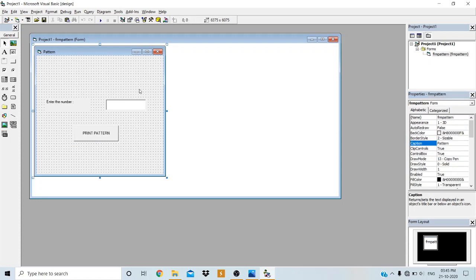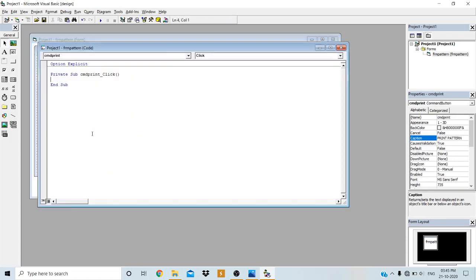Now after changing the properties, we have to write the code for the respective objects. On click of the command button, the particular operation has to be performed, so we have to write the code for the command button click event procedure. Double click on the command button to write the code. Now I will declare variables for looping operations.